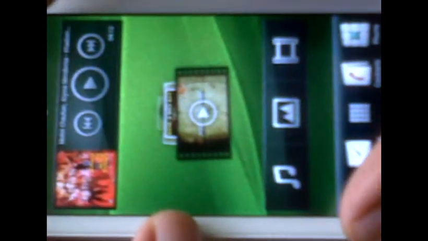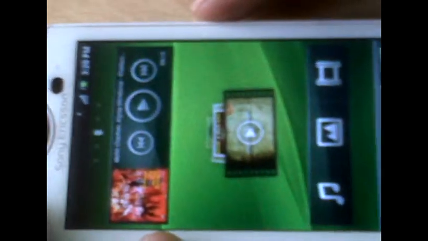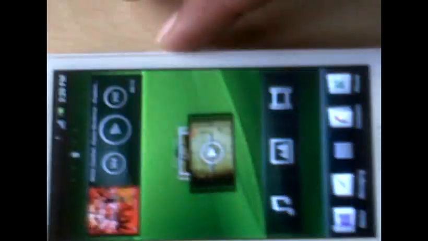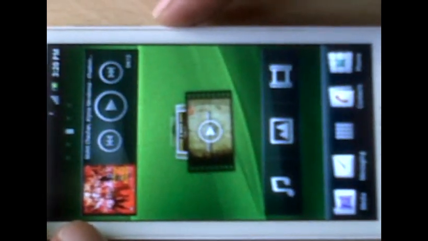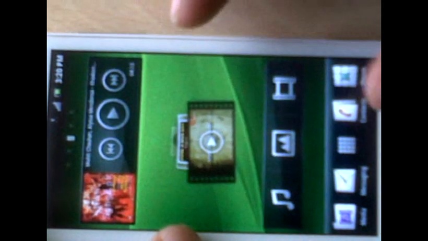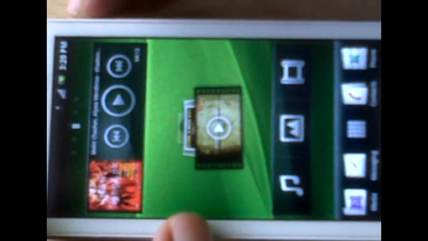Okay, then here the option is for the pinch zoom, where we are pinching the screen. At that time all the 5 screens come in one screen. Then tap again, you can see the pinch zoom. With this pinch zoom you can tell that the multi-touch function is working. Then the brightness of the screen is increased, and we can see that the colors are increased from the new update, Gingerbread.